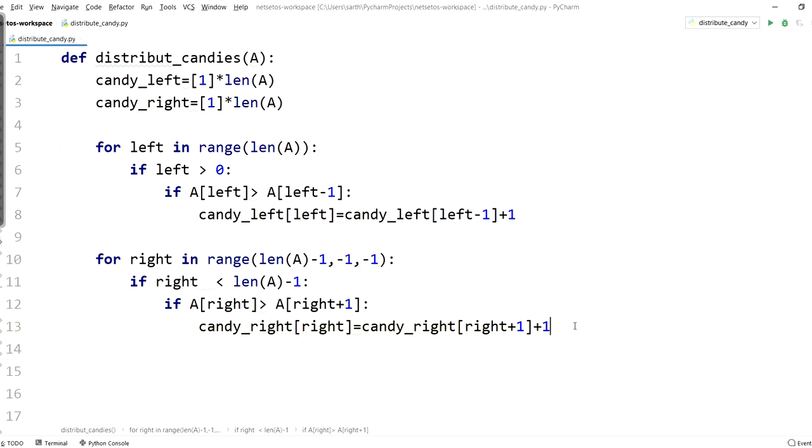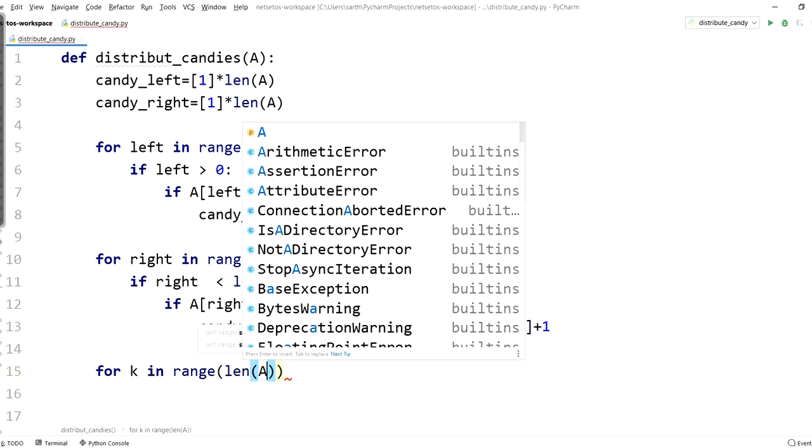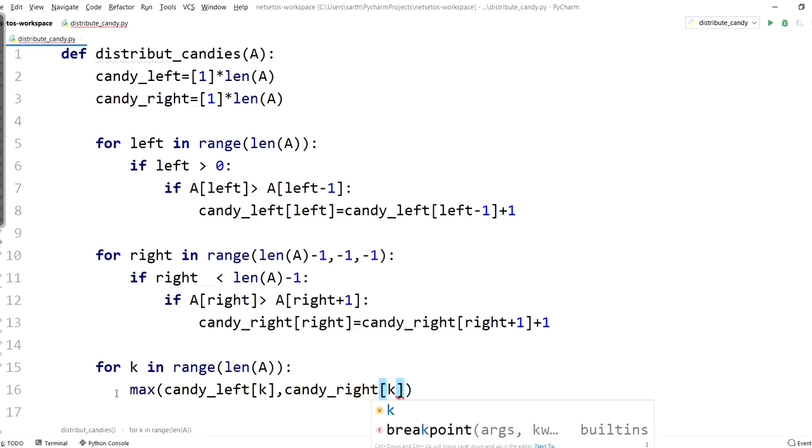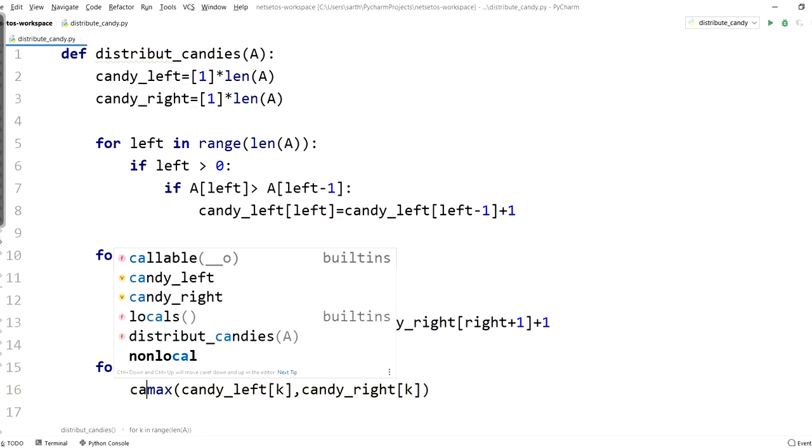And then I'll apply a for loop for k in range up to len of A, and here it will look for the maximum value out of left and right. So max of candy left and candy right. Let's store it in one of them.